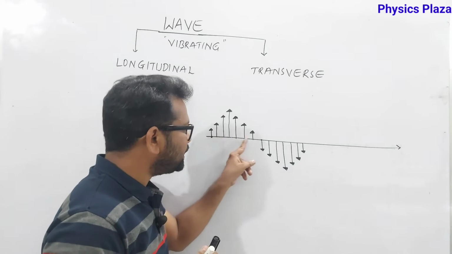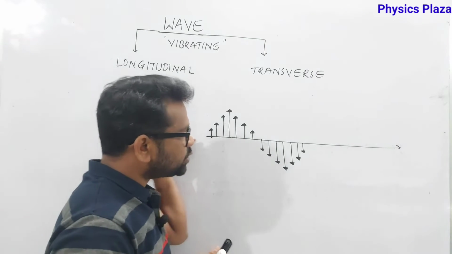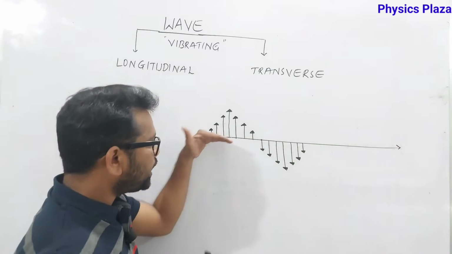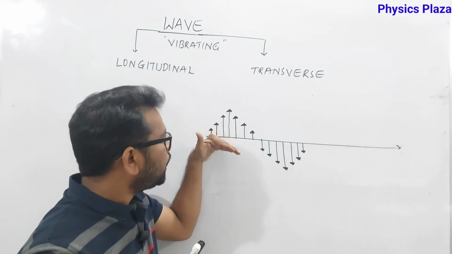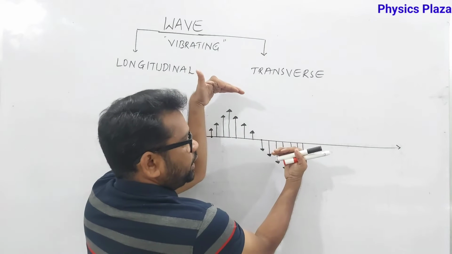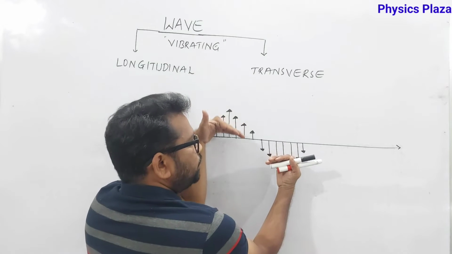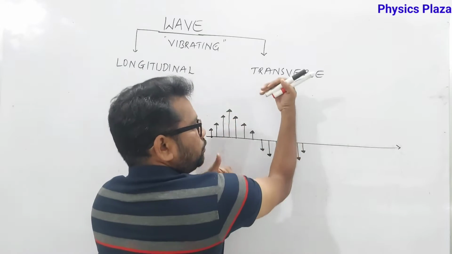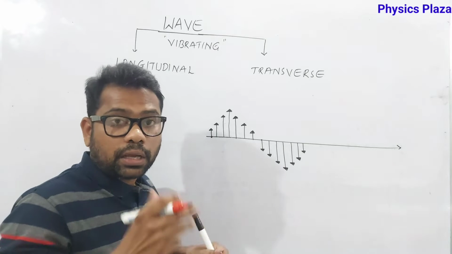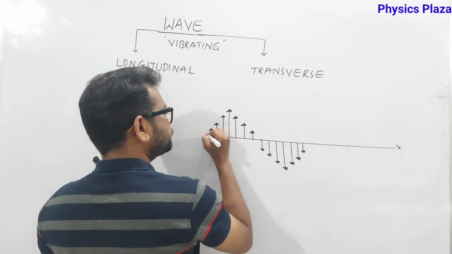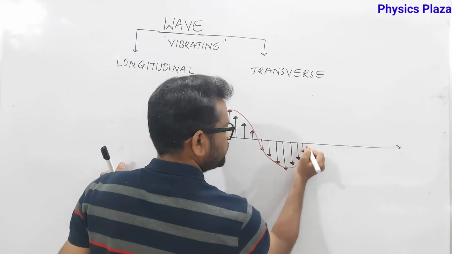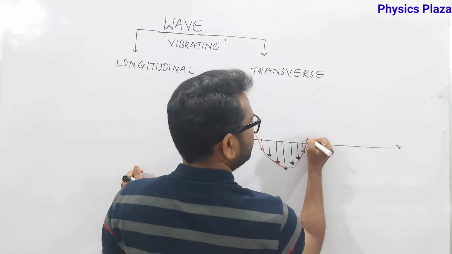So here I am trying to show the displacements. This is the straight line, the direction of propagation of the wave, and this is the mean position. From this mean position, the molecules will vibrate either up or down at any instant of time. After some time, what will happen? These will come down and these will go up. So up and down, up and down. This is what is actually happening. It is simple. For the sake of convenience, we can represent the wave like this. Okay, so it will be continued like this.